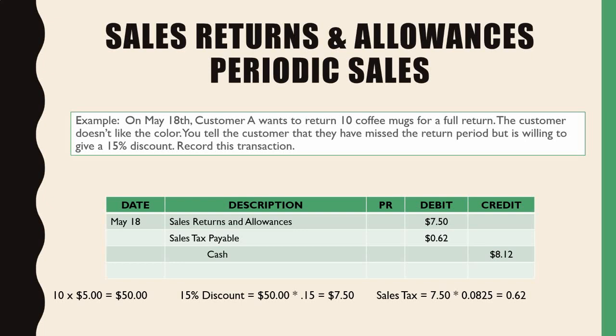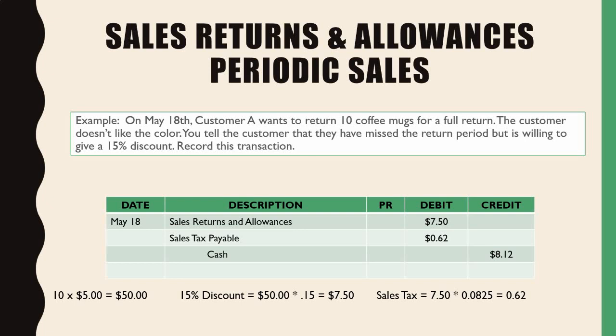$7.50. Now again, a customer will take every penny that you offer. So if they cannot get a better discount, they will say, fine, I'll take the 15% discount. Then everything's square and you're ready to go through with it. Okay? So there you go. You got $7.50. Now remember, sales tax is based on the total sales, not the quantity. Even though they didn't return the product back to me, I still sold to them $50 worth of materials, but I'm giving back to them